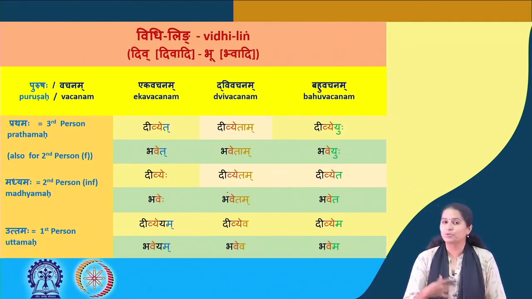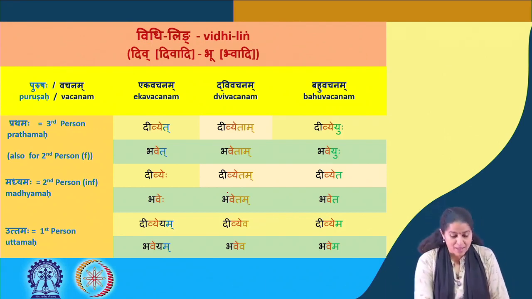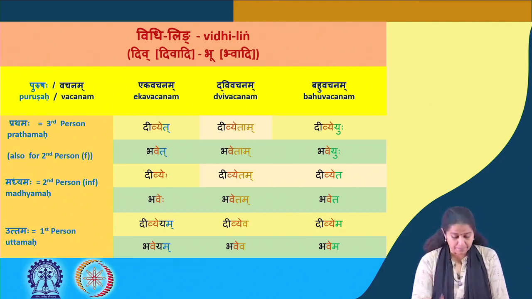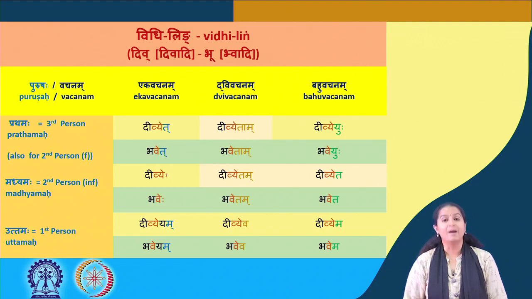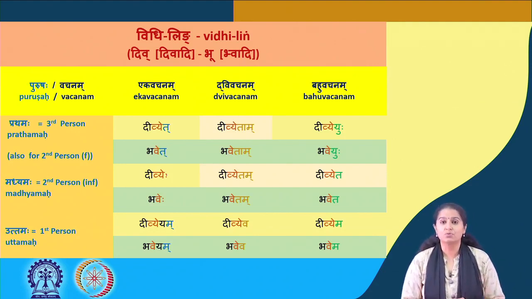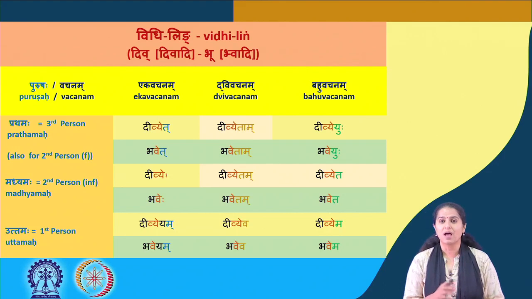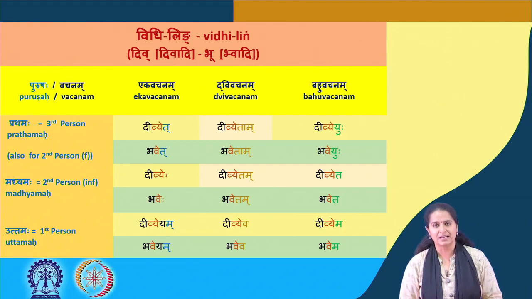Let's move on. I just wanted to also show you a comparison between the Bhuadi Gana and the Divadi Gana here. So we have Divyet and Bhavet, Divyetam Bhavetam, Divyeyuhu Bhaveyuhu, Divyehe Bhavehe, Divyetam Bhavetam, Divyeta Bhaveta, Divyeyam Bhaveyam, Divyeva Bhaveva, and Divyema is Bhavema. Uttamam. So I'd also like you to notice this similarity that exists between these two, because we were looking also at some verbs that had the yat, right? You know, so kuryat for example, but that's something that we will also see in greater detail later on.